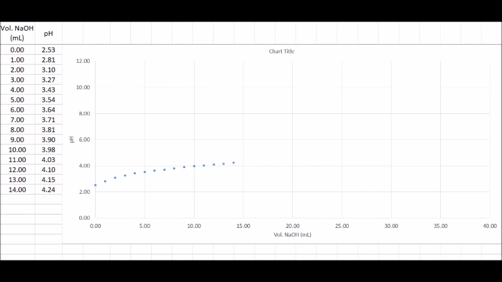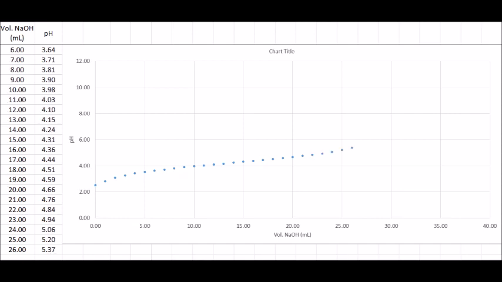This is the region where the pH does not change very much, even though we're adding relatively large additions of sodium hydroxide. After we've added approximately 26 milliliters of base, we begin to see a more rapid increase in the pH. We have to decrease the volume of sodium hydroxide that we add for each addition at this point. As we move through the equivalence point region,